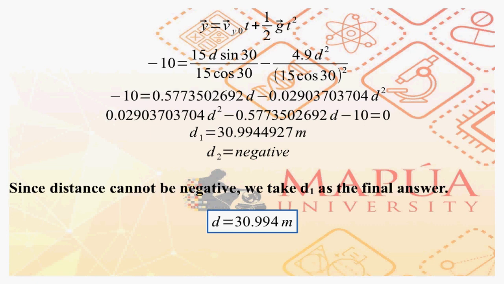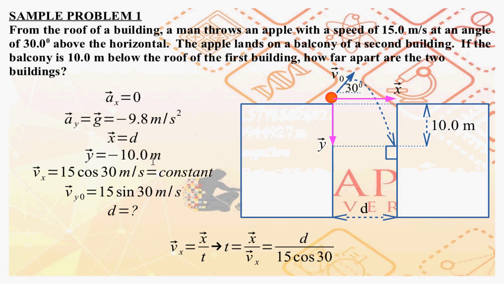Y is negative 10 meters. Vy initial is 15 sine 30 degrees. Ay is just acceleration due to gravity, so g, or negative g, negative 9.8 meters per second squared. And we have the equation for t is equal to d over 15 cosine 30 degrees. Using all that